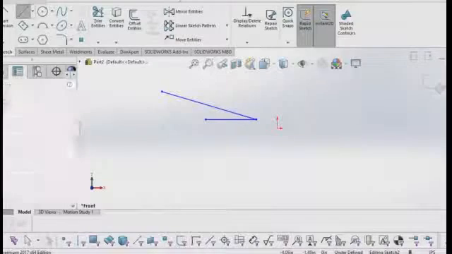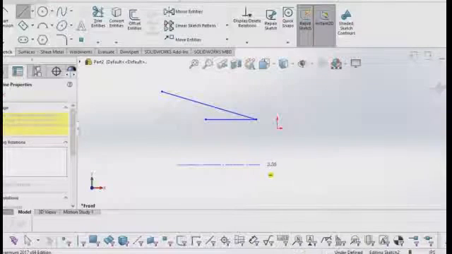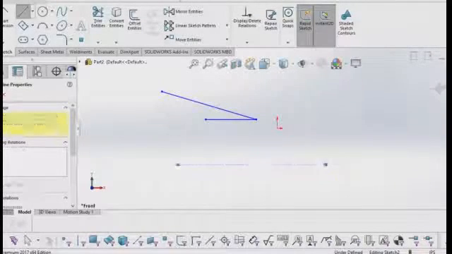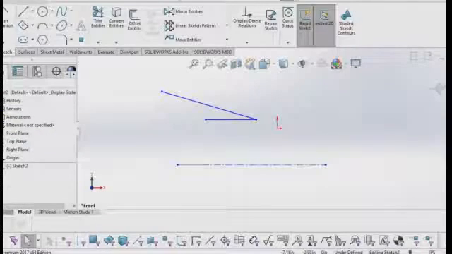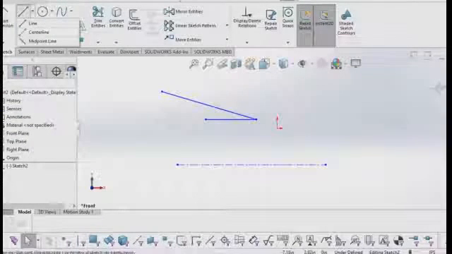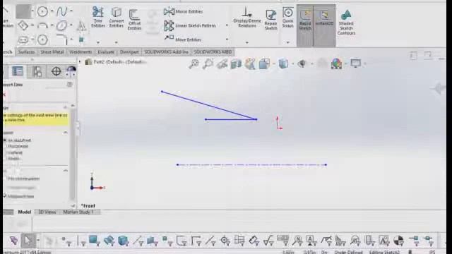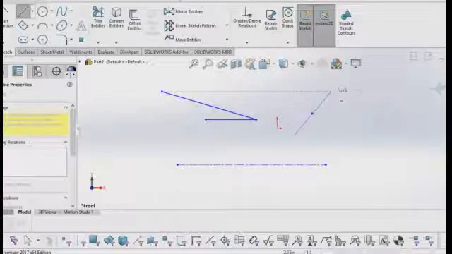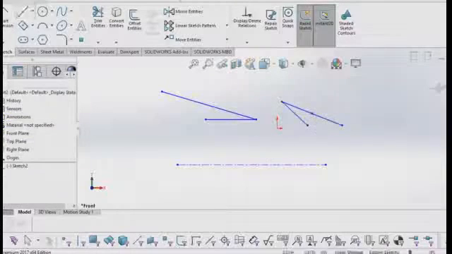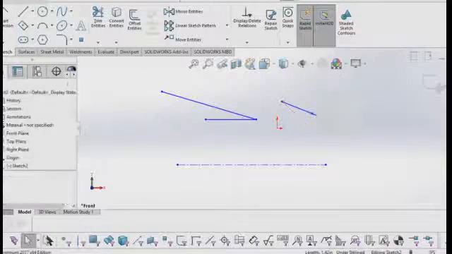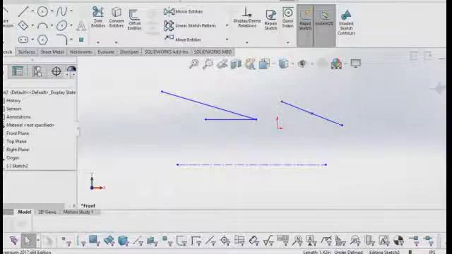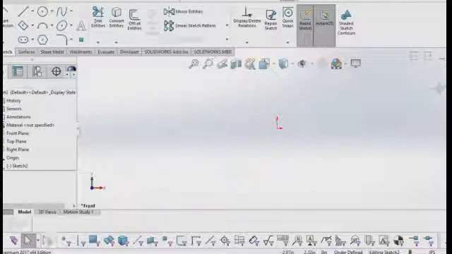Center line is for representation of axis, what we see in shaft and any other revolving features, axis notation. Next we have midpoint line. If you give the center point, it will take the end points at equal distance from the center point. This is how the center line, midpoint line and the normal line work.